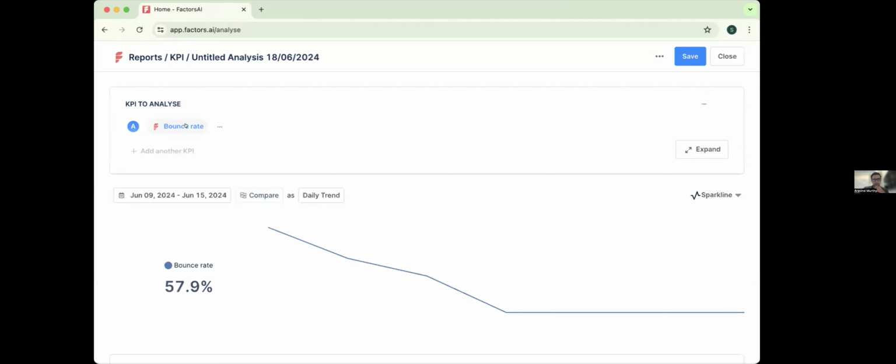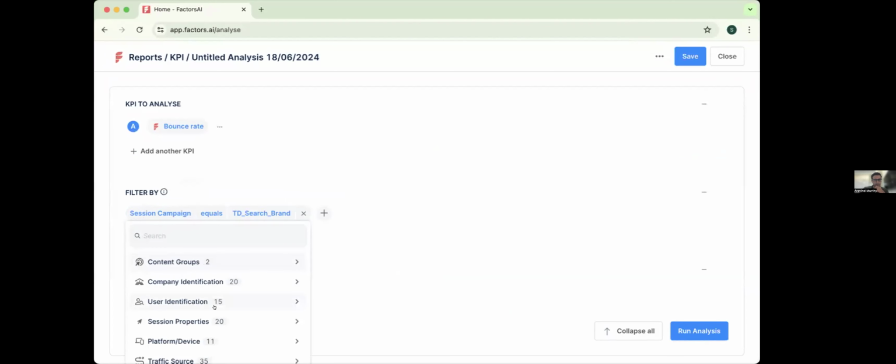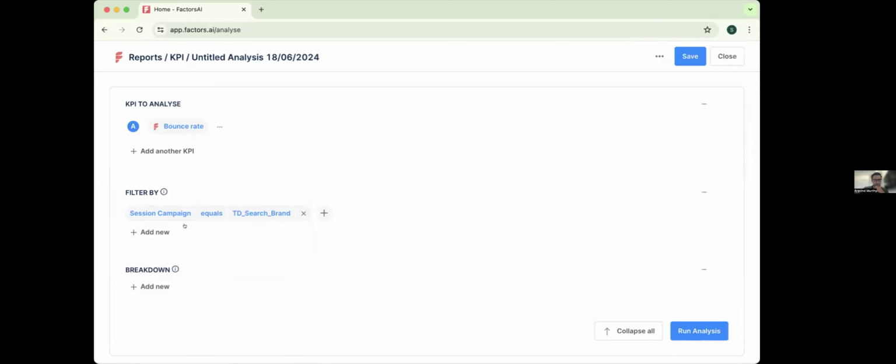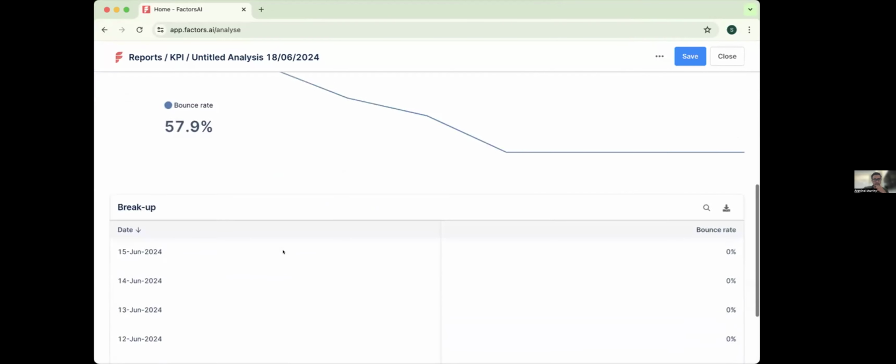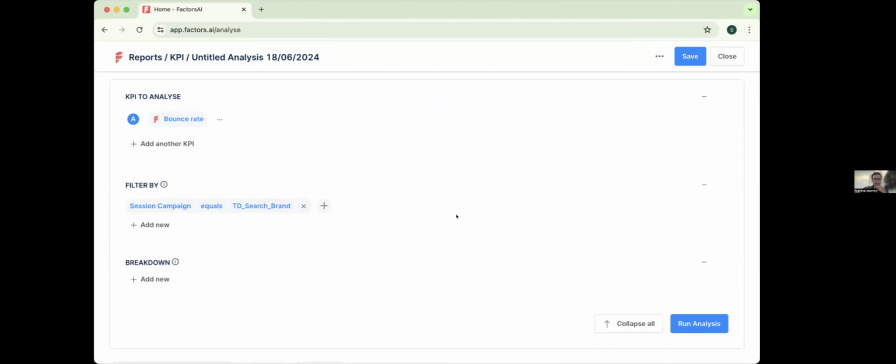In this case, you have the bounce rate, and among the multiple filters that you have, it has identified the right filter to apply, called session campaign, and also the filter value, which is TD search brand. It has mapped that to the right value required for this. You get the report out of the box, and you can further break it down by anything else you want and take it forward.